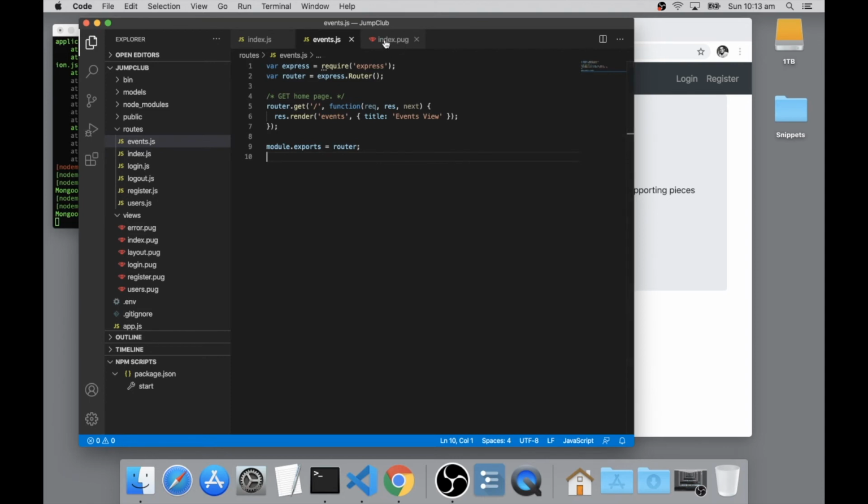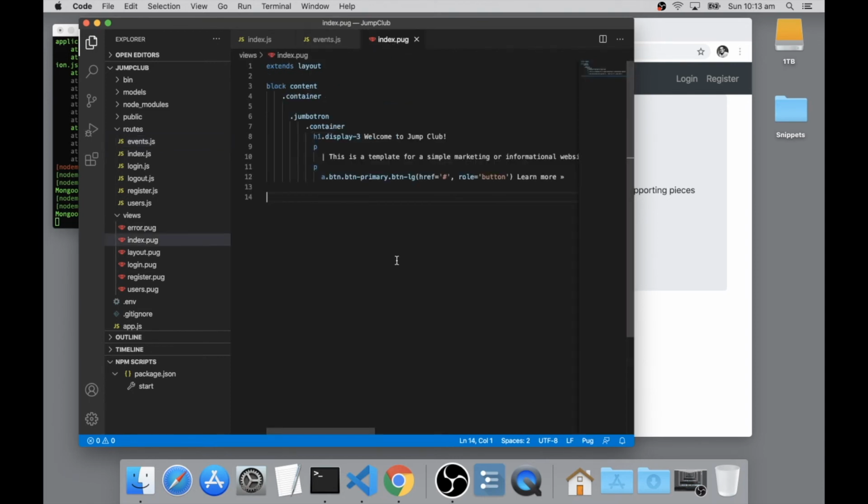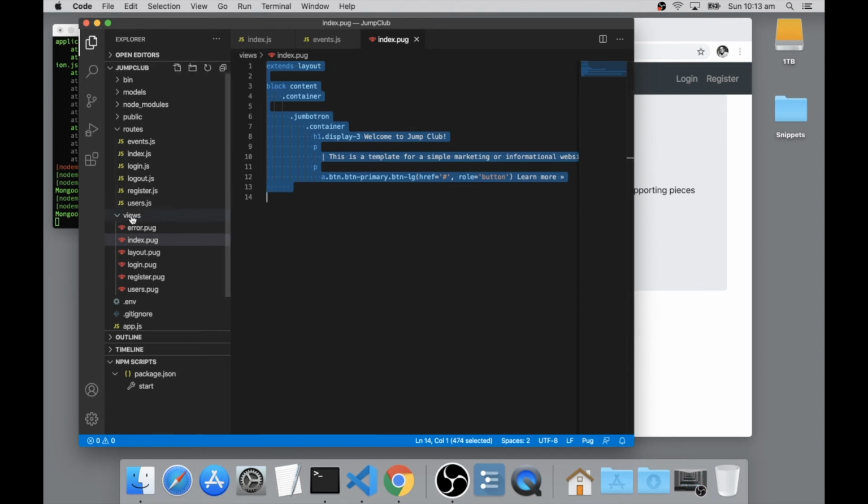So let's look at our index view and see what's on there. Well, this is good. We've got again a very simple view. All it does is present this Jumbotron thing with welcome to Jump Club. I don't think we are using the event name or the event title, so we won't worry about that variable coming through. But again, all I'm going to do is select all on my index pug, copy it, Command C, and I'm going to make a new view. I've got to open this up so we see it happening. I'm going to click on the folder, and then make a new file by clicking that icon, and I'm going to call it